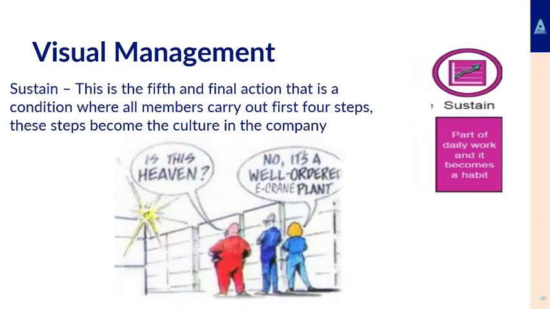And the final stage, the 5th and final action, is condition, where all members carry out steps 1 to 4 themselves as part of the culture. So you start going, do you know what, you don't need to be told, you understand that best practice, it's my responsibility to make sure the site is tidy, good housekeeping, that we're trying to continuously improve. We could mark out that store so it could be set up better. Now we know how to look after it, we can do a deep clean. We've got pictures up internally showing what it should look like, everything should be put back in place, and that's the 5th step. So trying to sustain steps 1 to 4 as the improvement. So that's the 5th and final